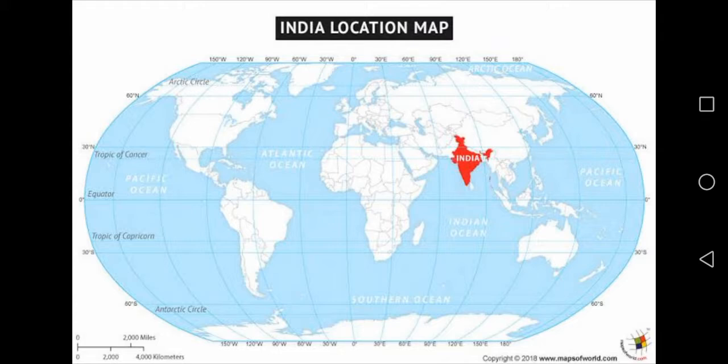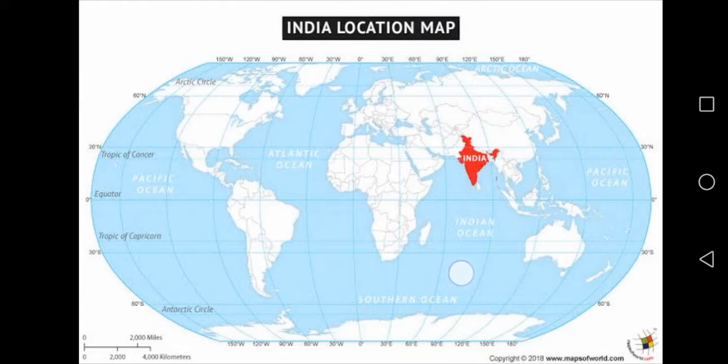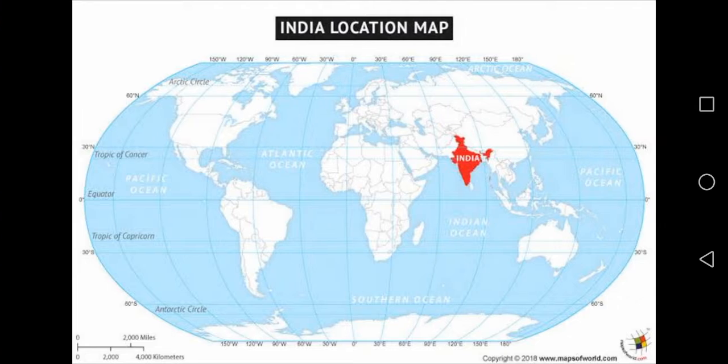Here again I want to repeat, you are watching the three prominent horizontal lines. You see the 0 degree equator, which is the central line dividing the whole world into two hemispheres, northern hemisphere and southern hemisphere. Again you are watching the vertical 0 degree longitude, and it divides the whole world again into two hemispheres, eastern hemisphere as well as western hemisphere.